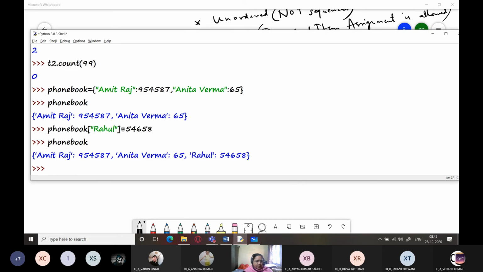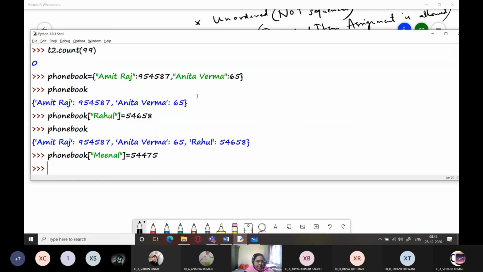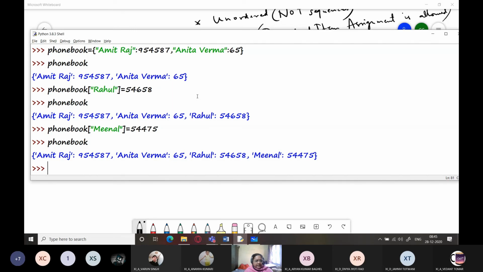Phone book, Rahul. So Rahul is the key and the value is this. If you want to add more, it will be like this. Then type it, and you can see that we have the values being printed.